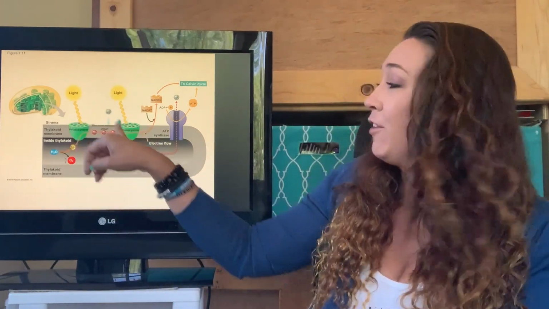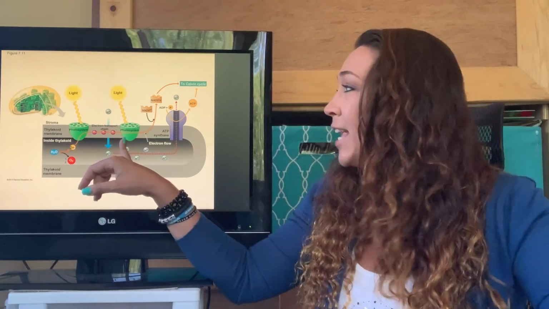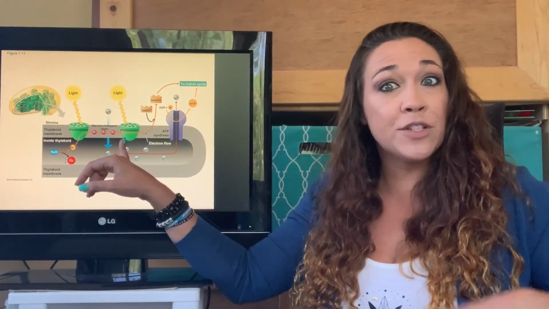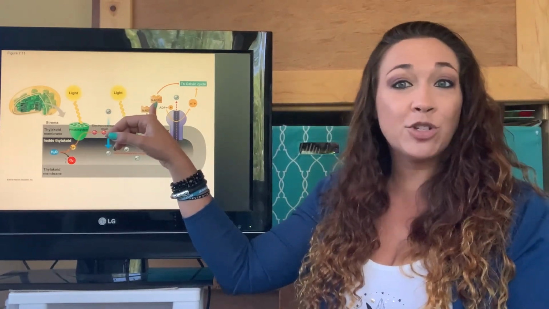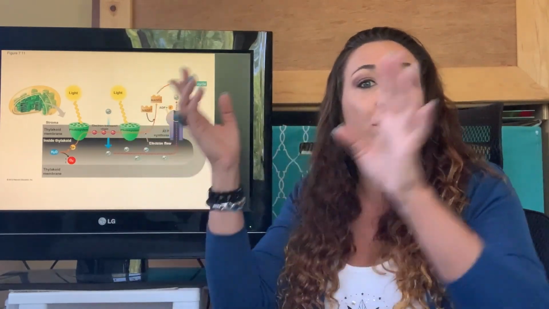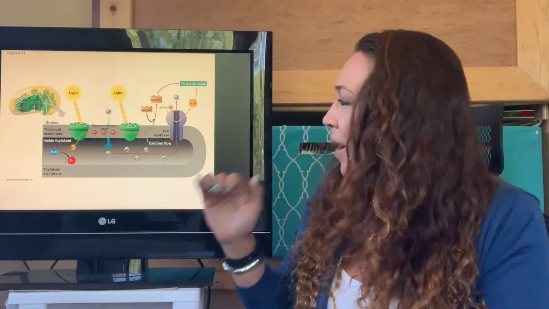And the light is going to hit the second photosystem. It's going to re-energize those electrons for the second time. Those are going to have enough energy to actually get stored in NADPH, and it's going to go to the Calvin cycle. So we need enough energy to start the Calvin cycle, or part 2, the light independent reaction or the dark reaction. I know, 3 names for the same thing. What? Why? Because we're scientists and we like to confuse you. I'm sorry. It's just how it is.